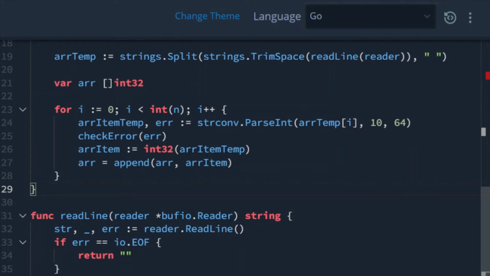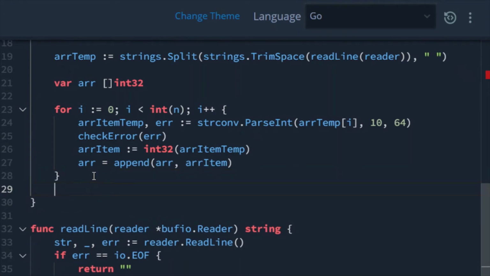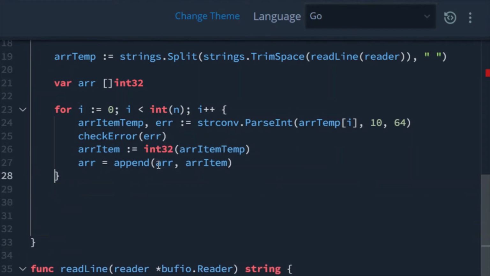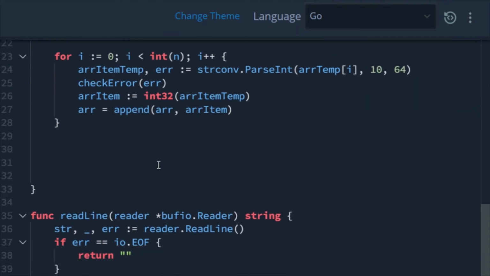After this, we have to write our code to reverse the array. So I will go and use the same for loop, and I will change the values here.